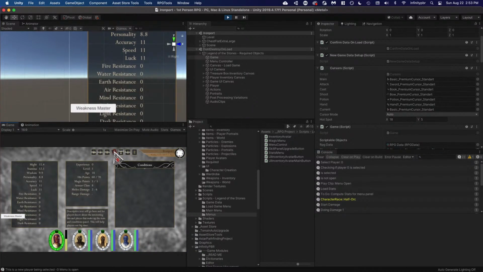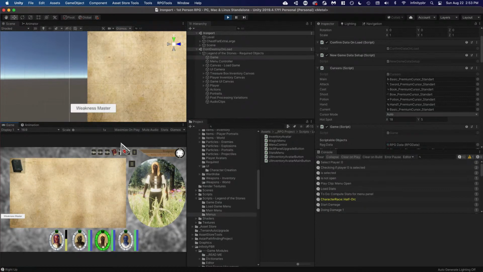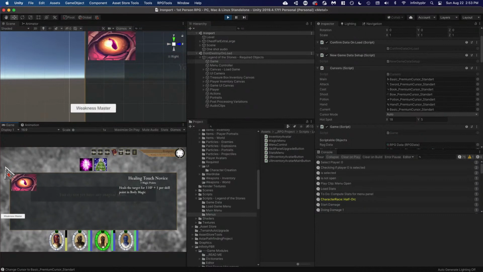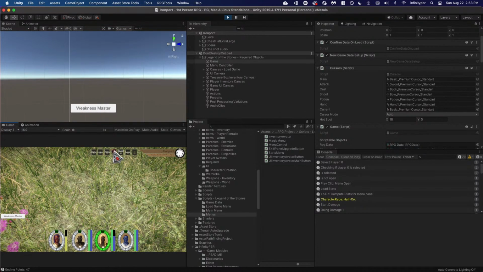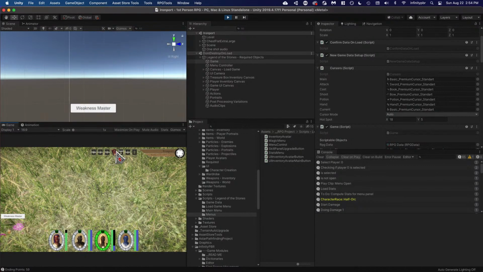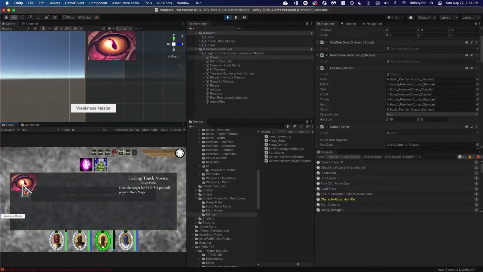Hurt myself. Inventory. Learn the skill. This will come in handy. Cast it. Cast it. Aha. Cast it. Cast it. Almost out of magic points. Aha, that's it. It's giving an error because I don't have the